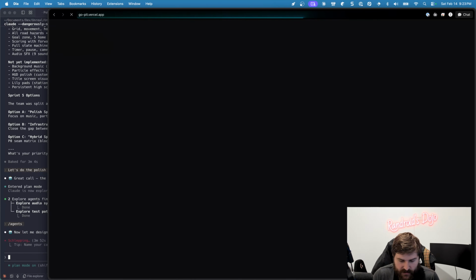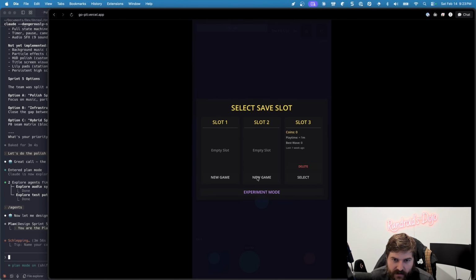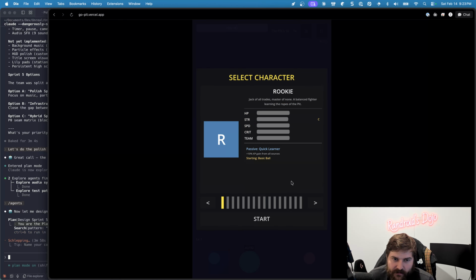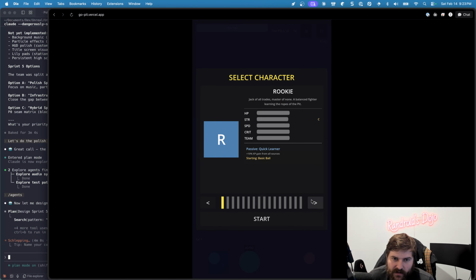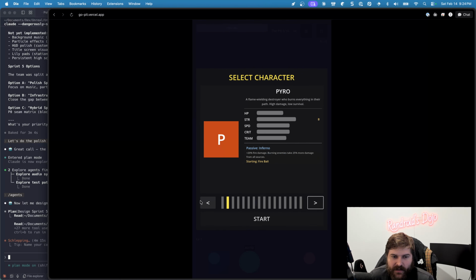Go Pit. This is the first big one. I have another game too, but this is the first building for my phone game that I did in Godot at least. No, that's not true either. The Block Us was in, oh, but Block Us was a web app. Okay, this is the first Godot game I did. It's really feature complete, but it's not fun. And so there's a whole argument here about AI doesn't have a soul that we should talk about at some point, but